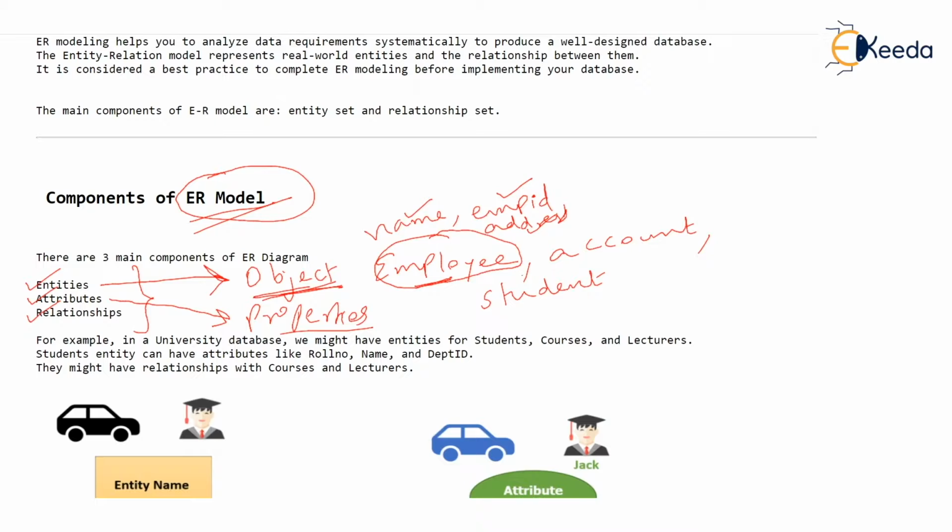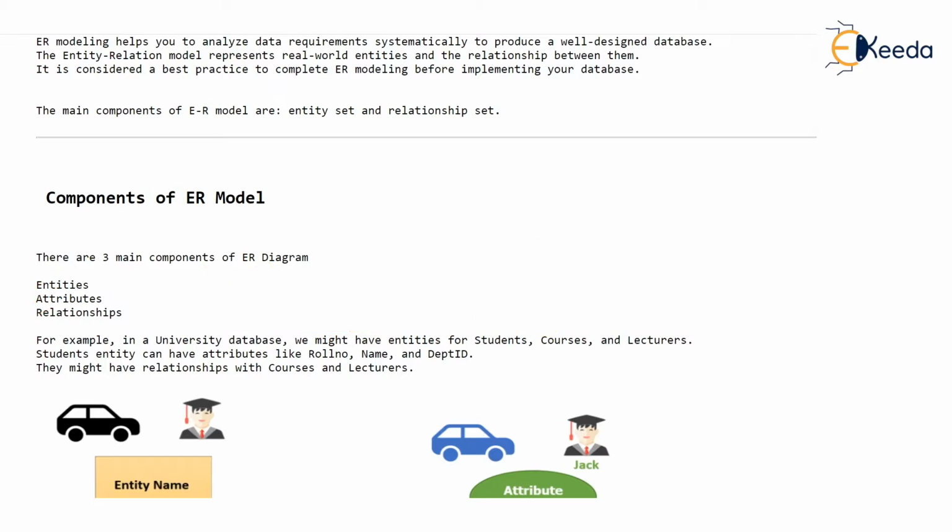For example, consider a student. Now, student will definitely have roll number. Every student will have roll number, name, address. Now, what this roll number, name, address is that they are the attributes of the student. Same goes with the account. Account will have account number, then account holder's name, whose account is this, address of the account holder, and so on. And the third thing that you have to understand in the ER model is relationships between various entities. We will see what the relationship means as we proceed.